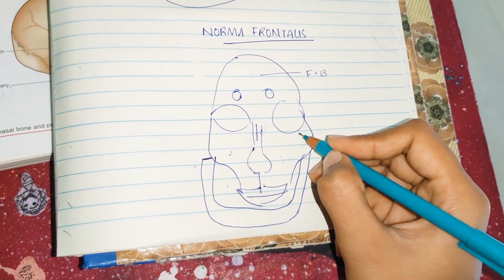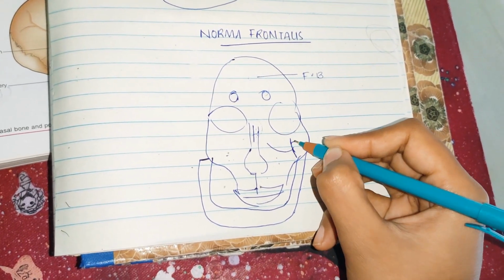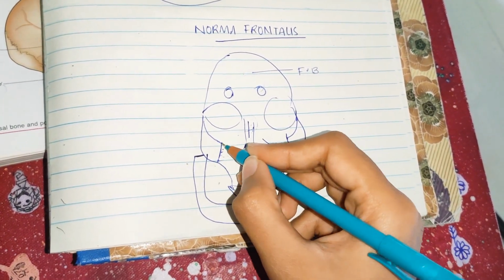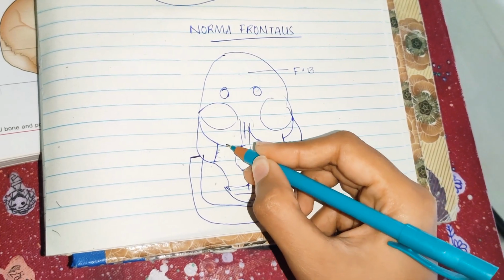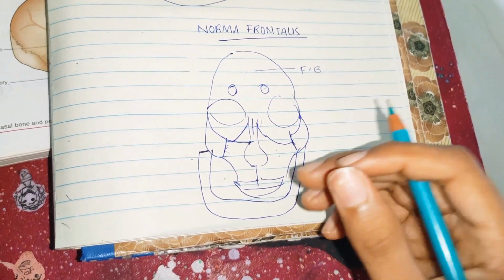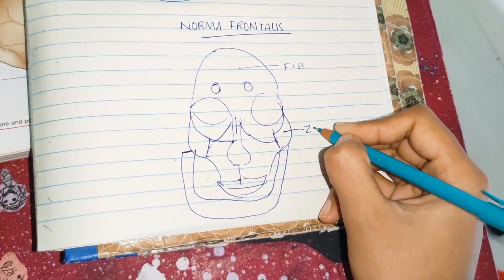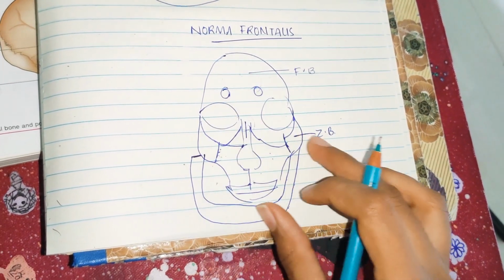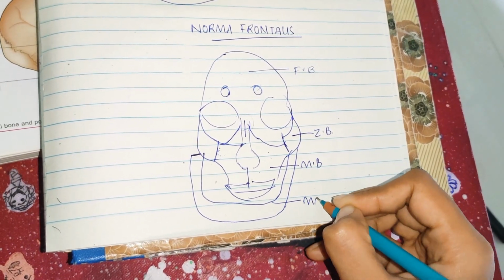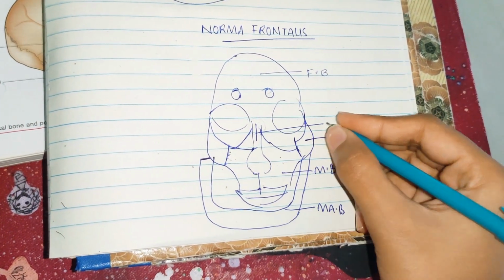And coming to the zygomatic bone, here you have actually the zygomatic bone. Okay, this is the zygomatic bone which is forming a cheek-like prominence, right? Don't worry, I'll also show the real diagram. This is just for our understanding. This is a facial bone, this is a zygomatic bone, this is a maxilla bone, this is mandible bone, okay, and these are the nasal bones.